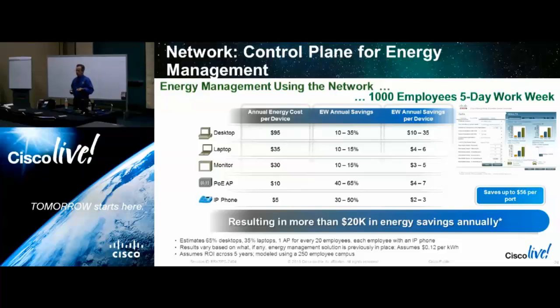I've been in IT all these years. I haven't seen a 5-day work week, but I hear they do out there somewhere. But the system knows that your gear is at this location. You've badged out, it powers down. You badge in, it comes alive. And you do that at scale, and pretty soon you're saving real money. Okay, so the network can be the extraordinary basis of value if you take a look at it. And take a look at it outside the data center. Take a look at things holistically. There's more than just compute.